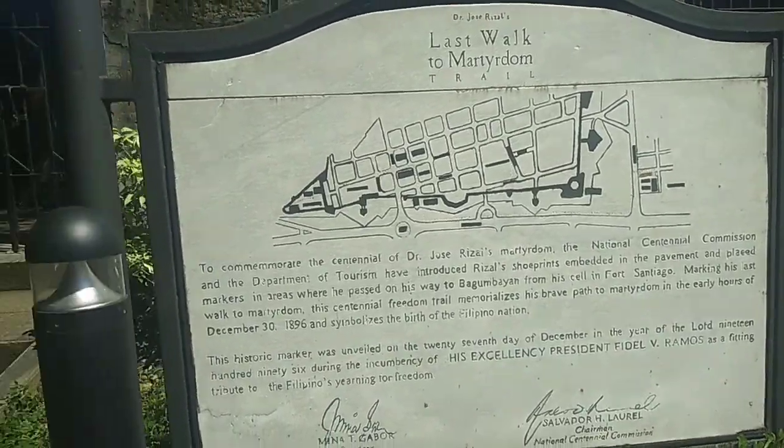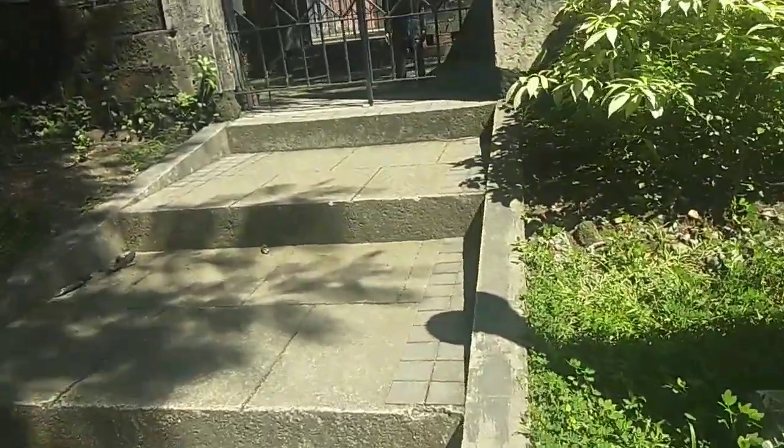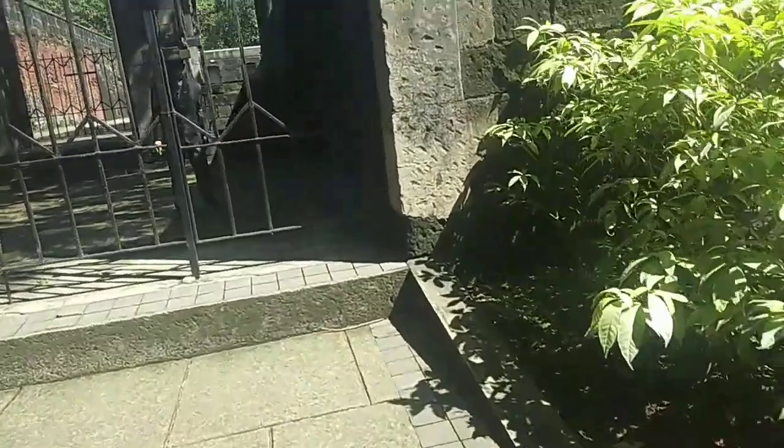Chapel cell at the Rajah Sulayman Theatre. This main room of the soldiers' school was converted into a chapel cell for Dr. Jose Rizal, who was transferred here after 56 days of imprisonment at the